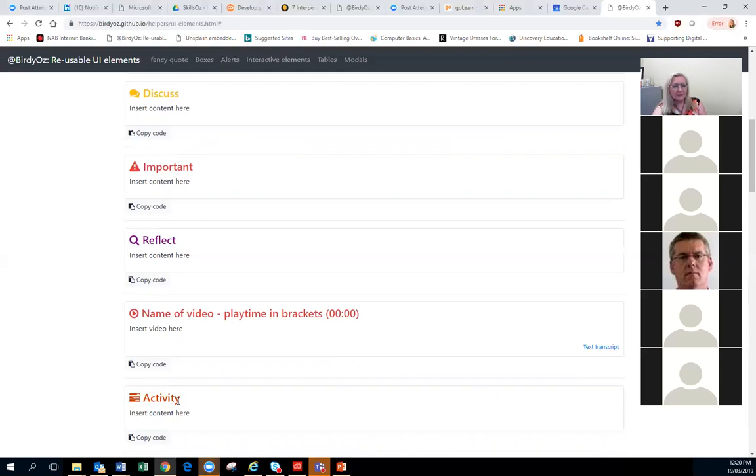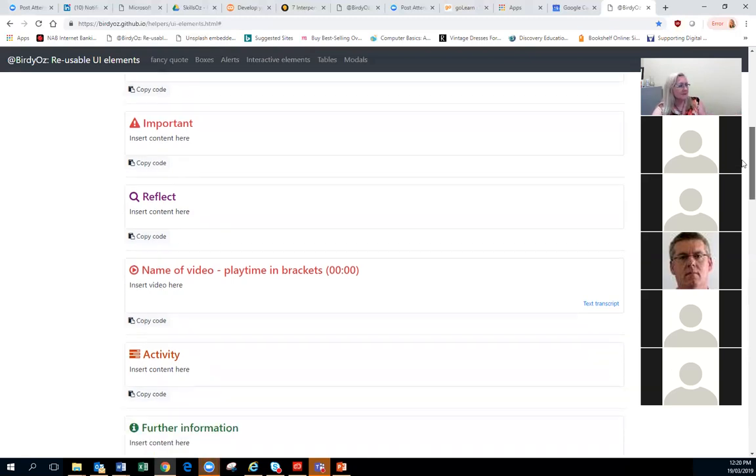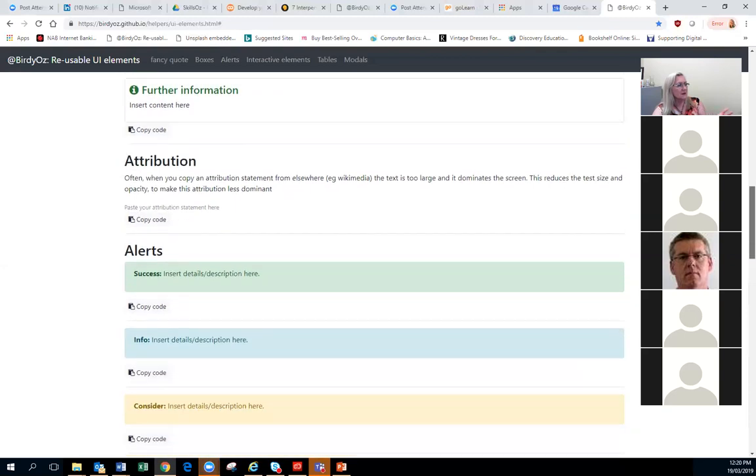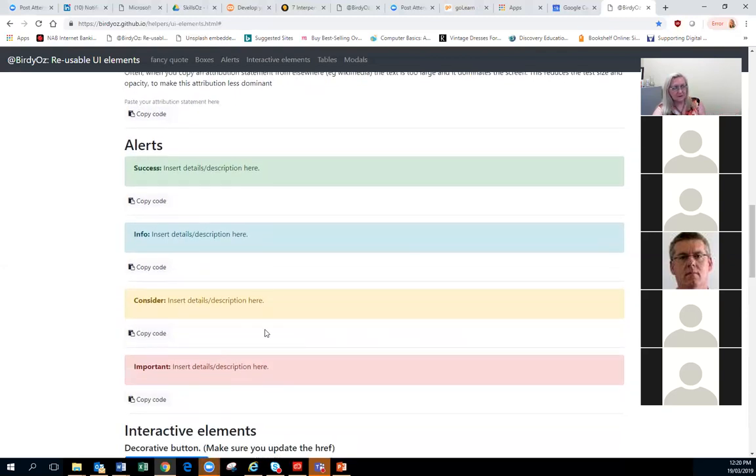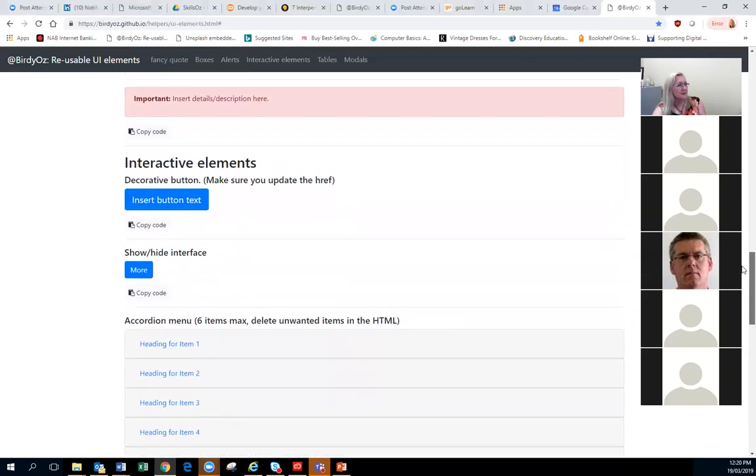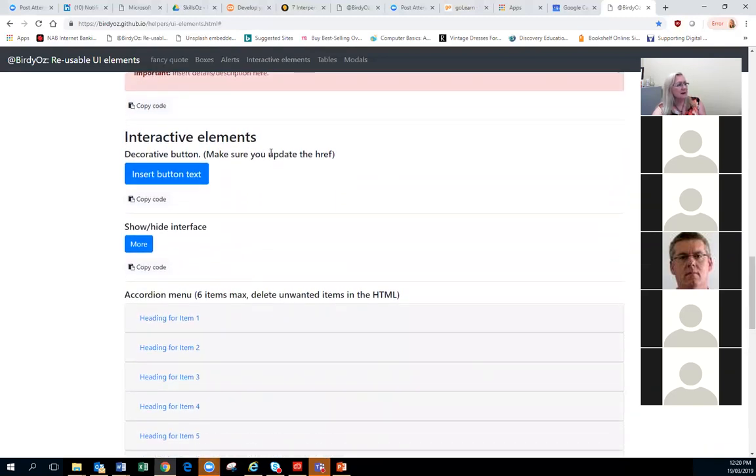If we've got an activity, we use this placeholder that actually has the content in. If we want some sort of alerts, we've got different colours for different things. If we're doing interactive elements, we can put a button in.